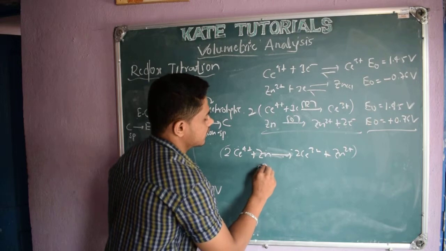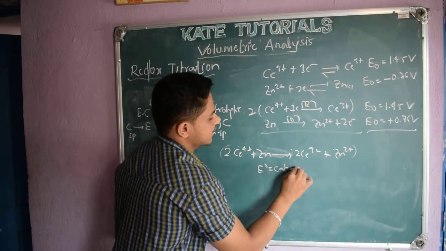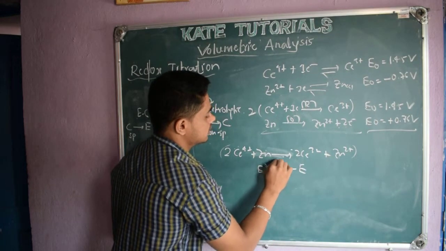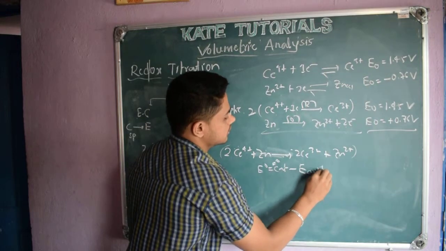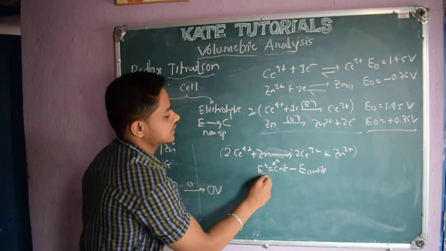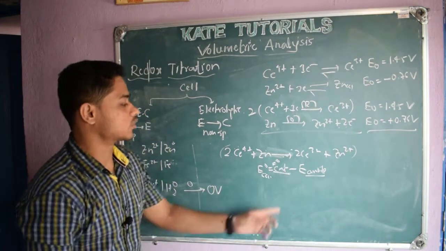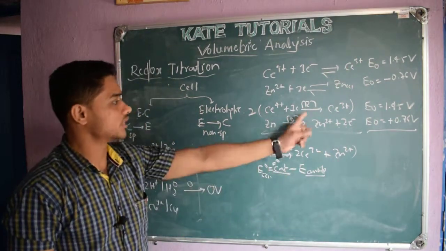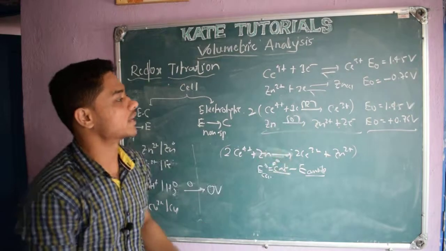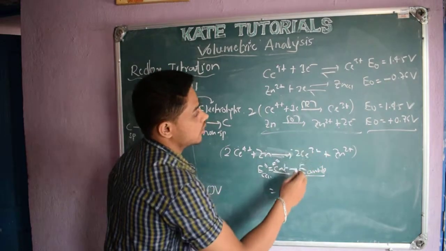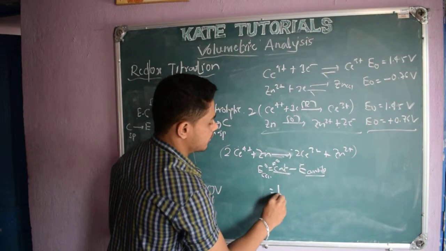E naught of cathode minus E naught of anode. This thing we will do. E naught of cell is nothing but E naught of cathode minus E naught of anode. I told cathode is where reduction occurs. So which one is undergoing reduction? This is undergoing reduction. So E naught of cathode they have given to be